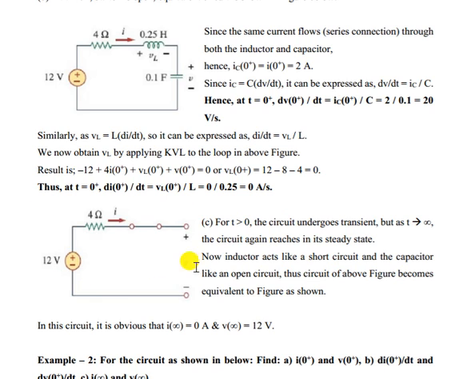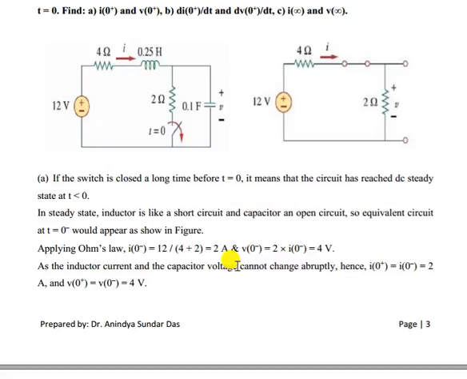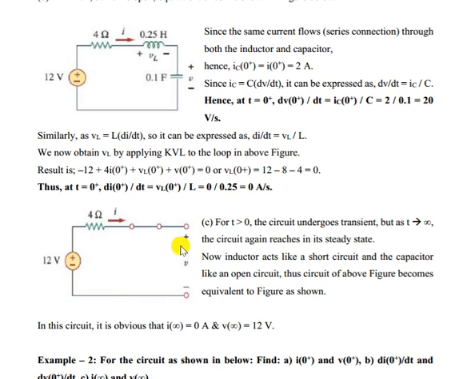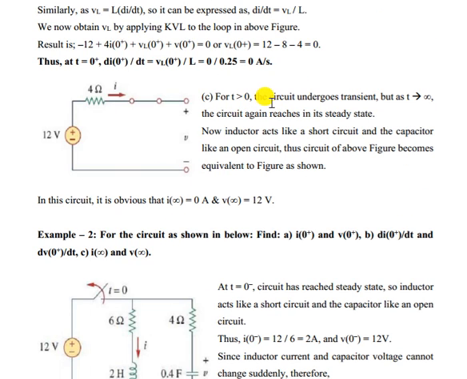Now you have to find the final value, so I infinity and V infinity. Final value means what? This is your circuit at t equal to 0 plus. To get the final value, we assume steady state condition, which means the capacitor acts as open circuit and the inductor acts as short circuit. Then as t goes to infinity, what will be the value? This I will be 0 because it is open circuited, and the voltage across the capacitor will be 12 volt, because there is no drop across the 4 ohm resistor.